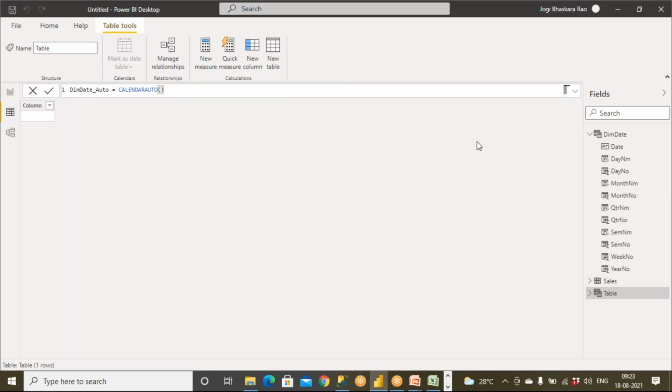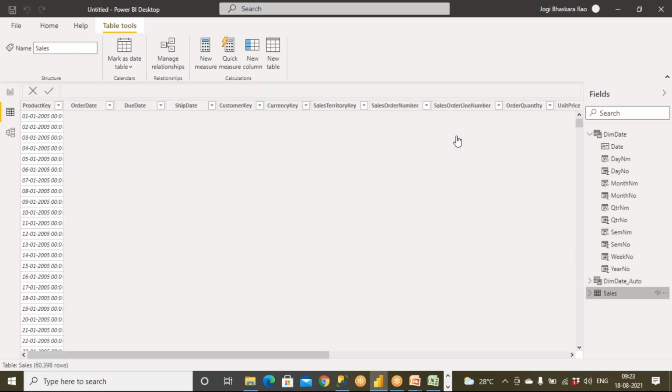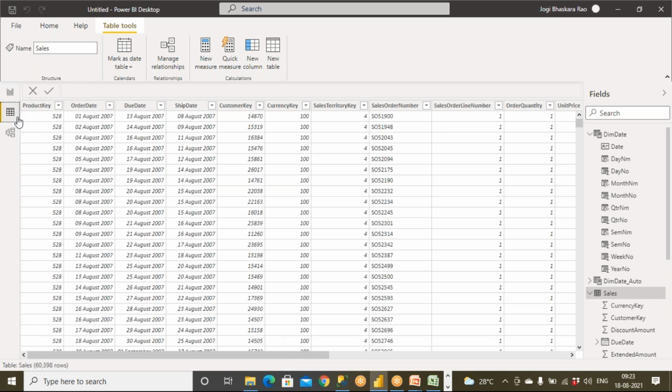What is the transaction table that I have? It is going to be going to this table and creating. See now, already I have pressed enter. Automatically data got loaded. Have you seen this? So if you go to the sales, now what is the